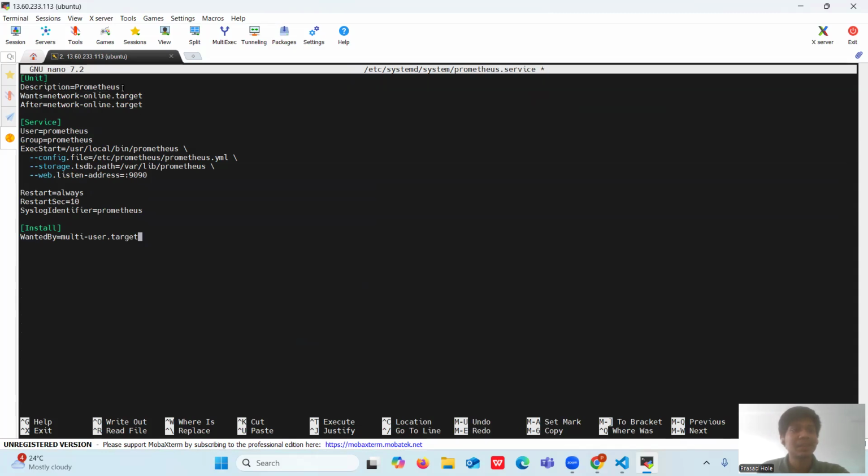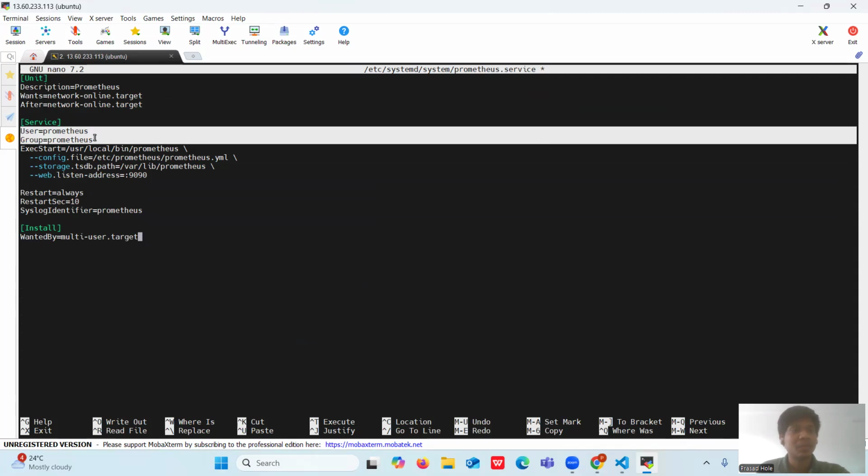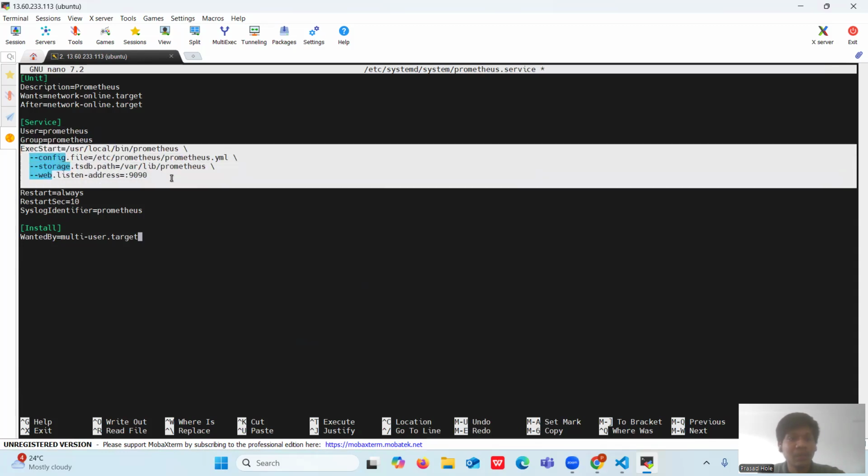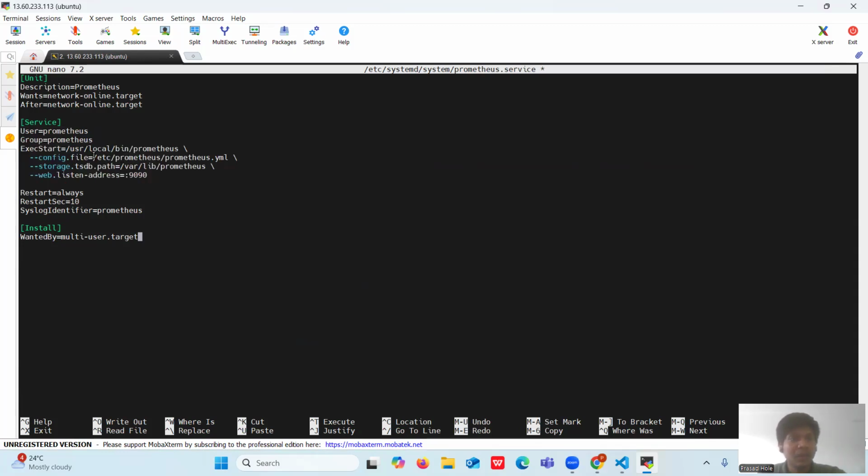And this description is nothing but just Prometheus. And in service, user is set to Prometheus. Group is also Prometheus. This runs Prometheus as that user and group and executes the Prometheus binary here with the config file etc Prometheus and